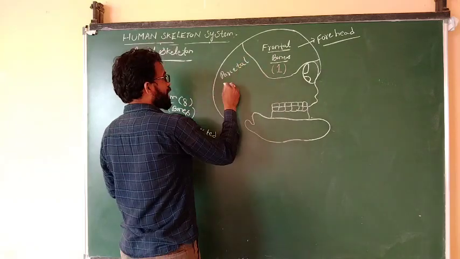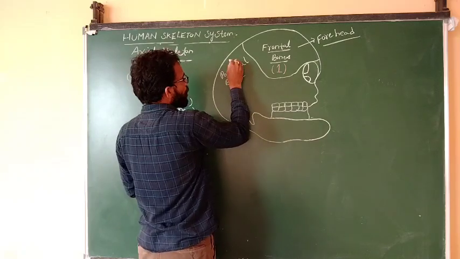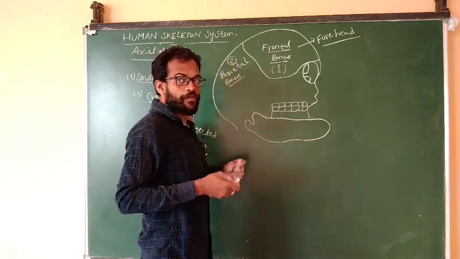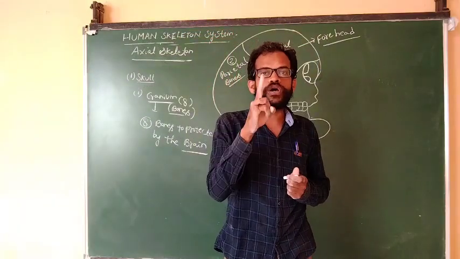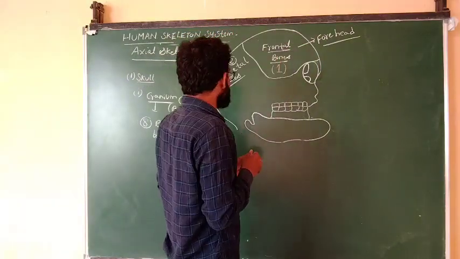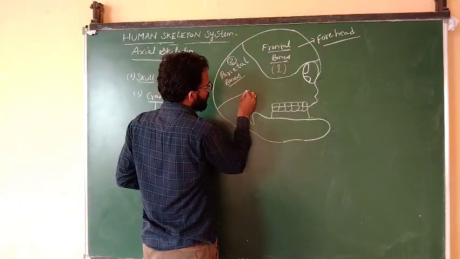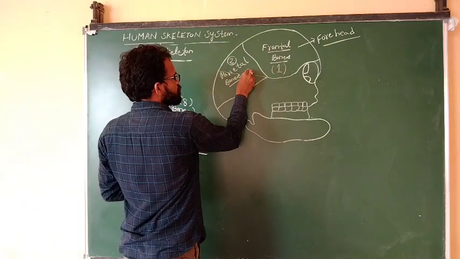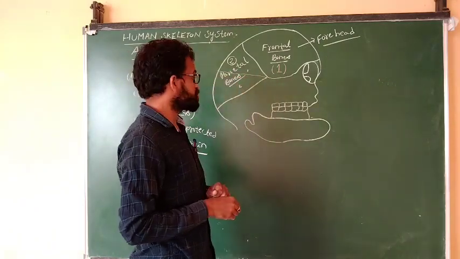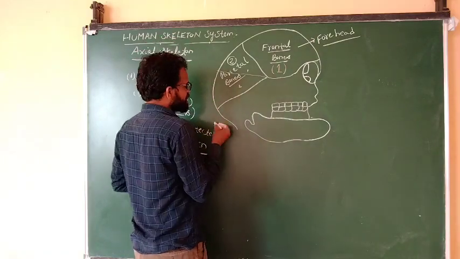Frontal bone, parietal bones. How many parietal bones are present in our body? It is the right side one and left side one. The total parietal bones, one pair, means 2 bones are present. After the parietal bone, the next bone is nothing but